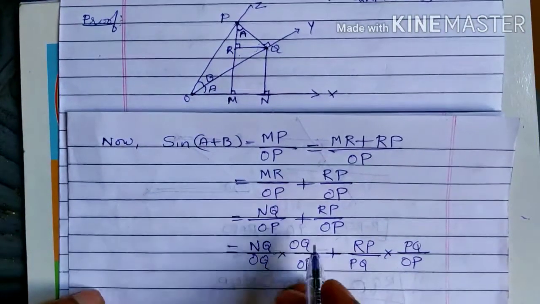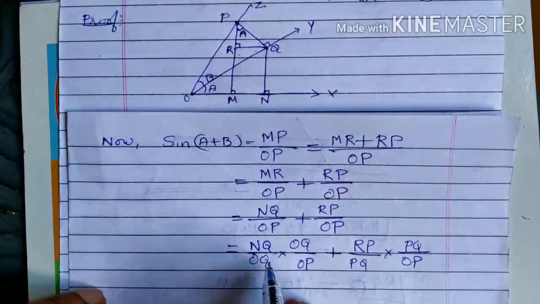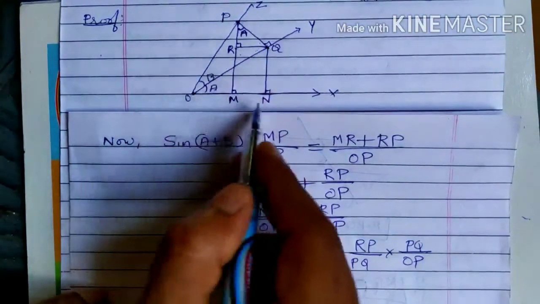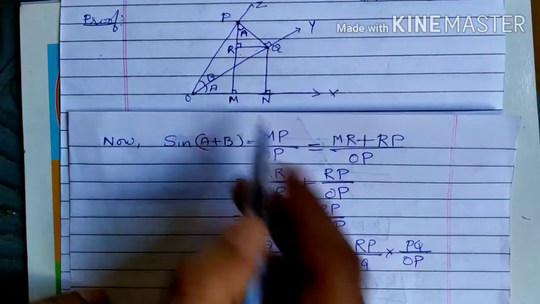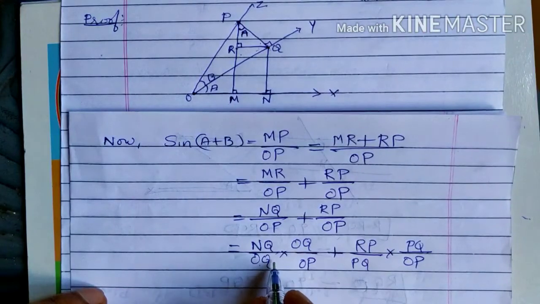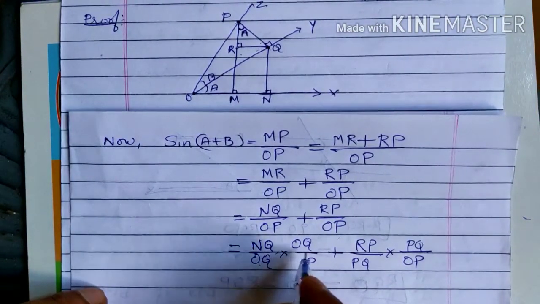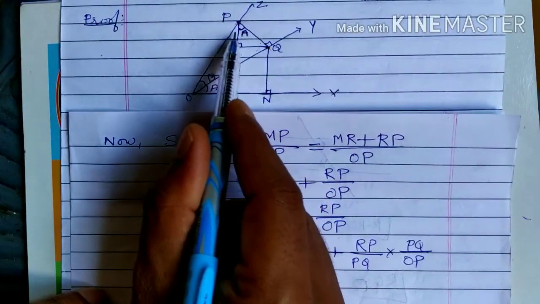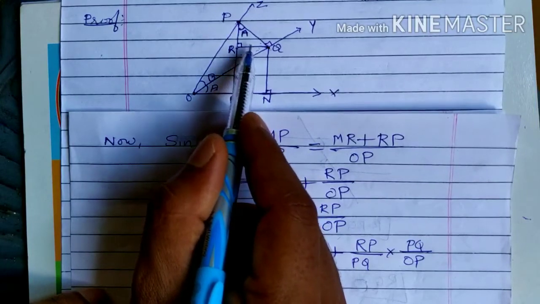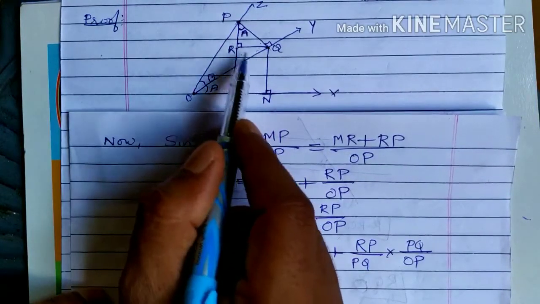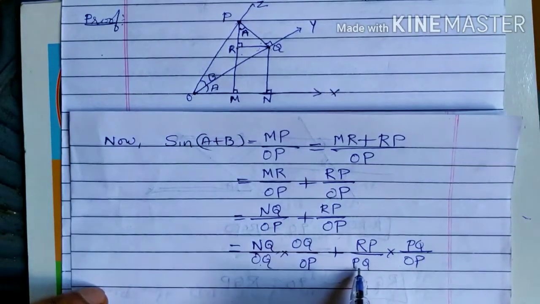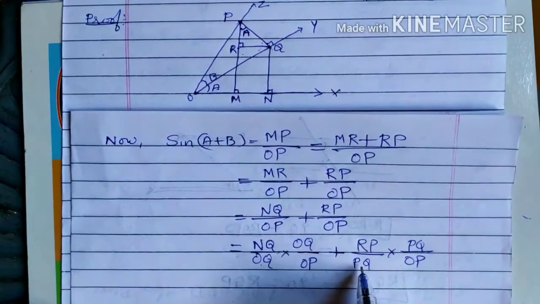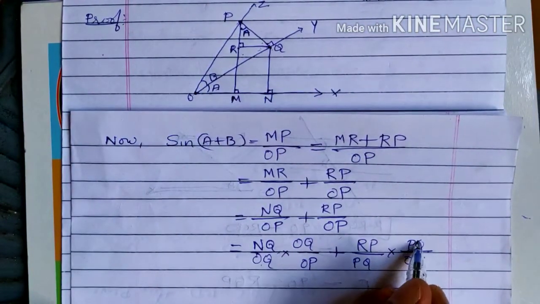This you have to remember. Because in NQ by OQ, I have considered OQ. Instead of OQ, if I consider ON, I am going to get opposite by adjacent, cot theta, which is not there in the formula. So that is how you have to remember. I could have written RQ also, but it would be adjacent by opposite, that is cot theta. In the formula we don't have cot theta, so therefore we will make use of PQ. And also, in order to choose the triangle, we have to consider PQ only. That only you have to write here.